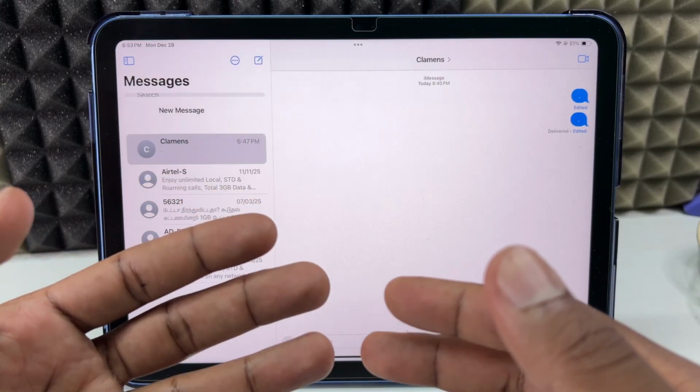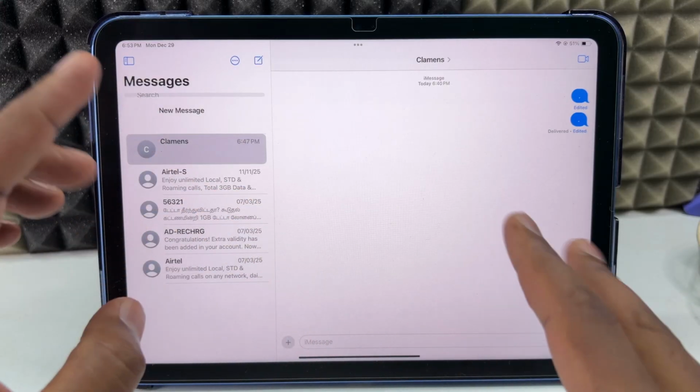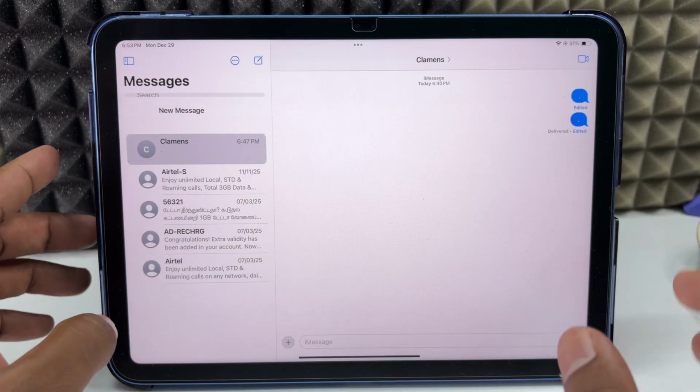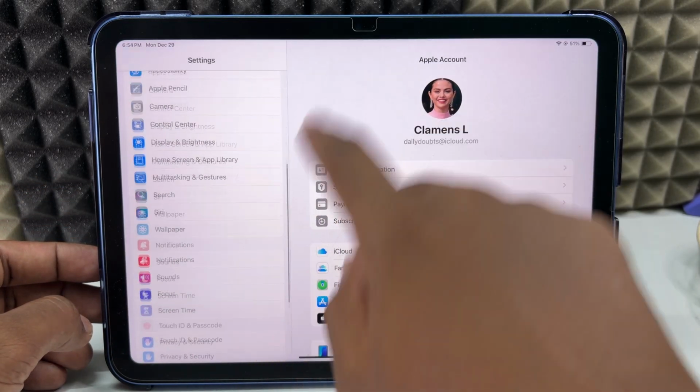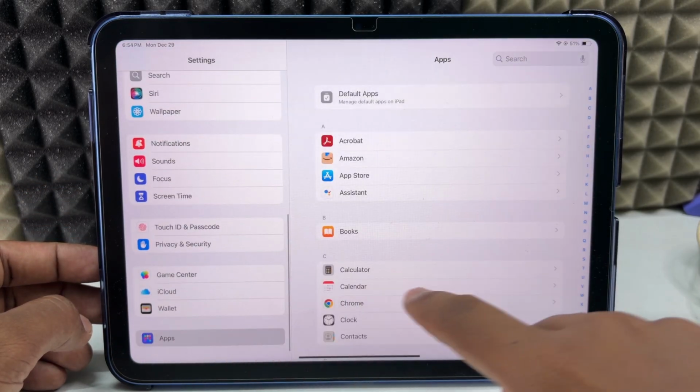If you can't send an iMessage on your iPad, I'll show you how to fix it. The very first thing is to head to Settings, scroll down to the very end and open Apps, scroll down here